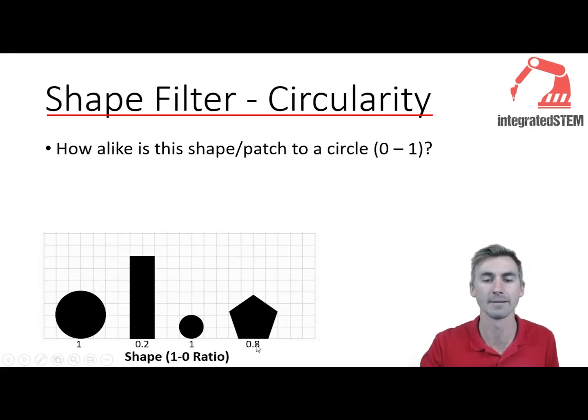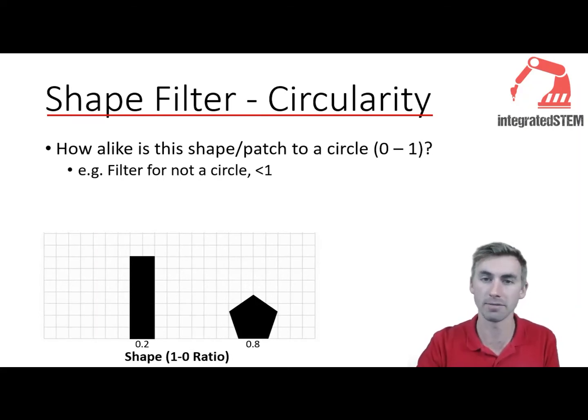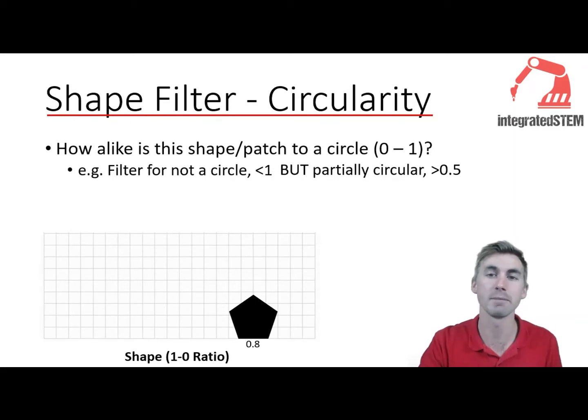and 0.8. So again, we can apply another filter here and say that we want to filter it so that we get something that is not a circle, which means we're filtering to keep something less than 1. And you can see obviously the perfect circles we had have disappeared now. We might then apply another of these filters and say, but we want something that's actually quite circular. So really we're looking for something that is more than 0.5 but less than 1. And you can see that our rectangle now disappears and we are left with our pentagon. So if we know what type of shape we're looking for, we can apply the filter and just get that